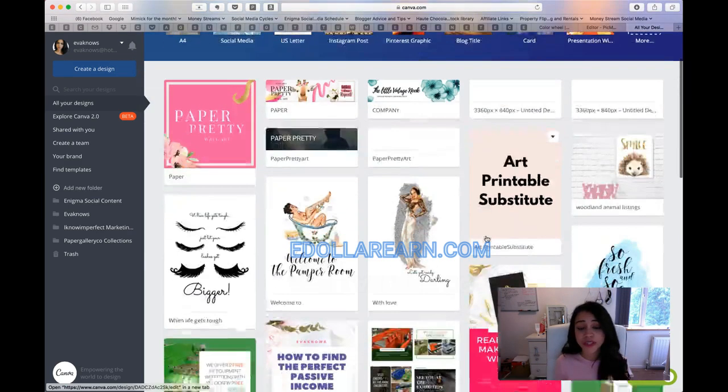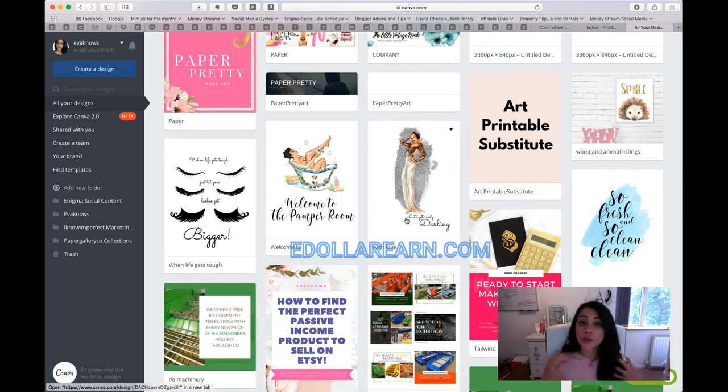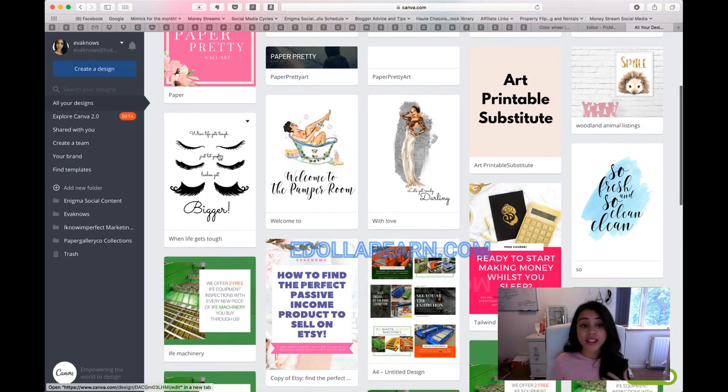I have used it to create a considerable amount of art printables over time, and some of them have done really well, and some of them don't even get a look in, and sometimes it surprises me which ones have done absolutely amazingly and which ones haven't. So one of the most popular ones that has done really well is this one. It's a lashes designed art printable, and I think what made this one really popular at the time is it